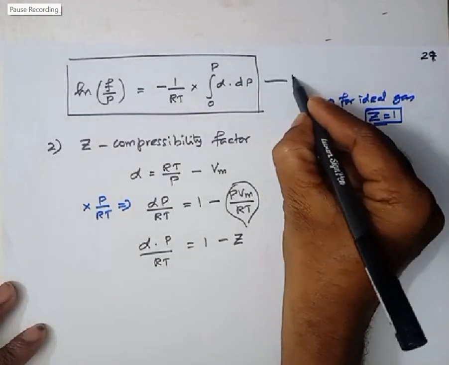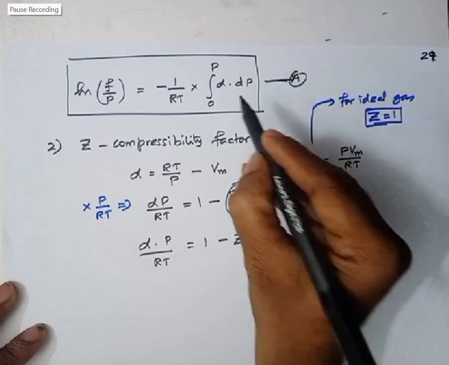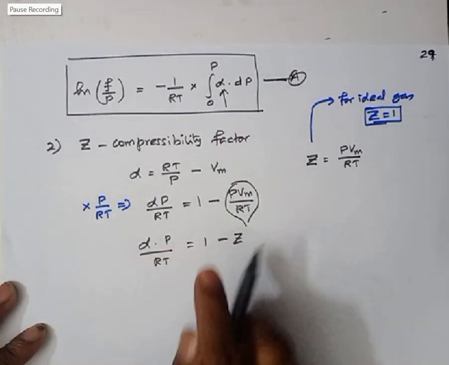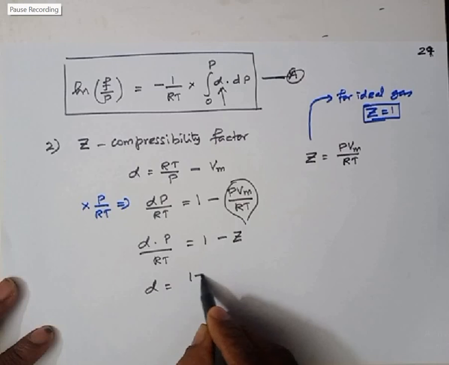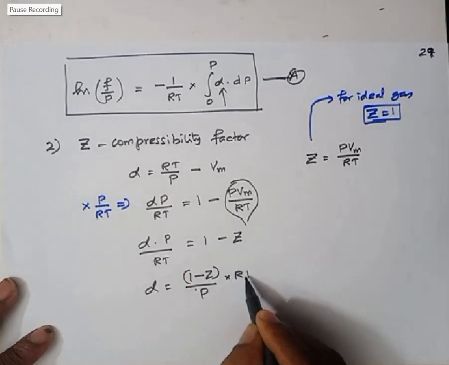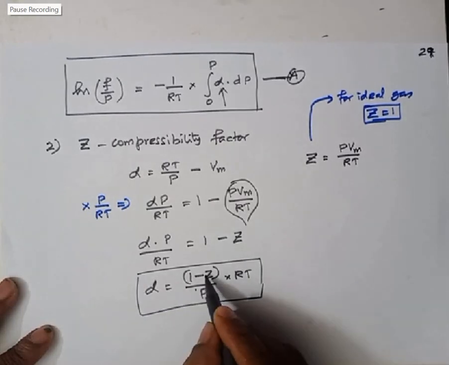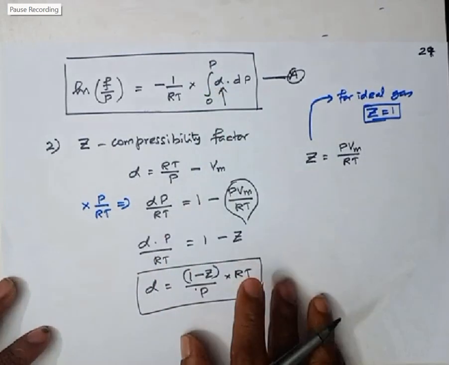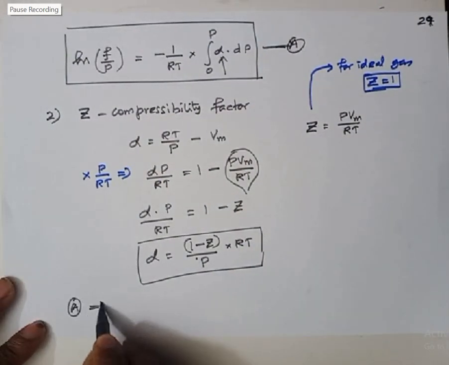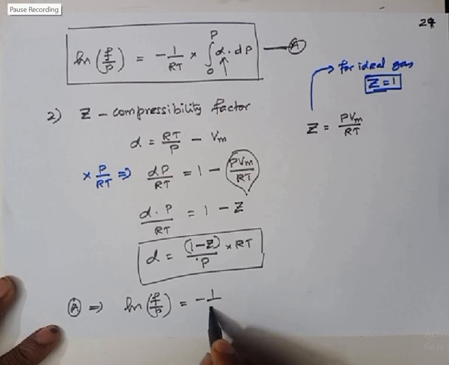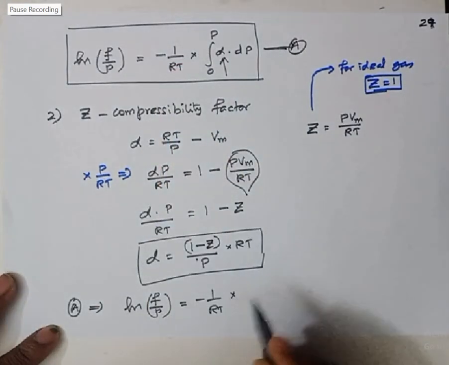Okay, see in the above equations, let me take this equation as A. The equation I have alpha here. Now I am going to write this alpha in terms of compressibility factors. What is alpha? Alpha is equal to 1 minus Z, compressibility factor, divided by P. This P will come here and RT will go to the numerator. So this is the alpha in terms of compressibility factor. Substitute this value in the place of alpha here. So equation A becomes ln F over P equal to minus 1 by RT is there already, into,